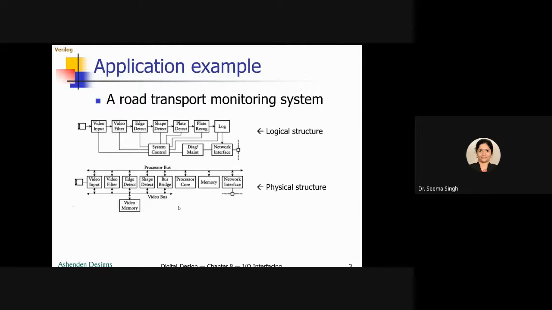So you can see here, this is one part of the embedded system where you get the information. Later the character recognition and all, then the system logging and also the diagnostic and maintenance, all that is part of the processor core.